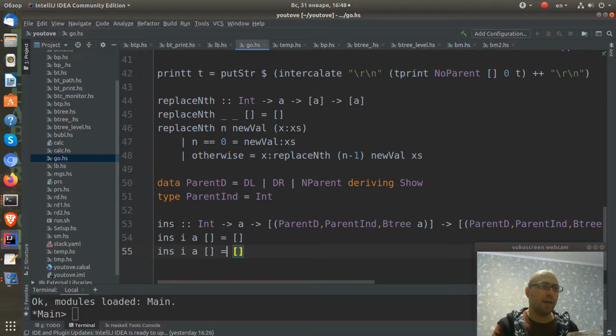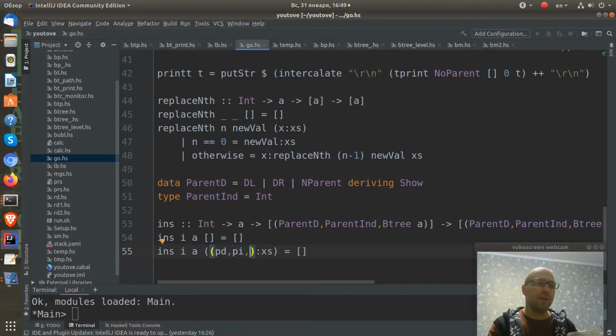If we have not the empty list, we will unpattern match it. So let's unpattern match this tail with access, and here we have a triple which we need to unpattern match. So I will call it PD, PE, parent direction, parent index in this list, and the second thing is